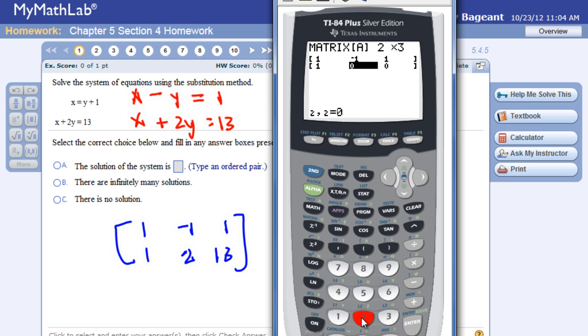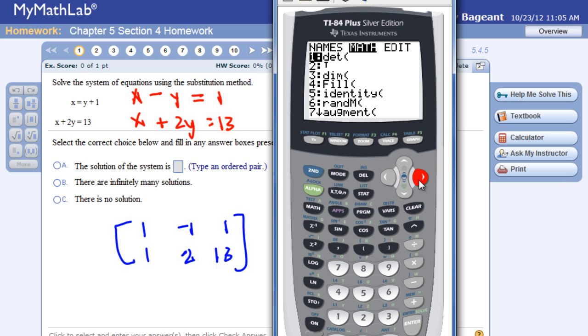Once you're finished entering your matrix, just take a second to look at your matrix and make sure you didn't enter in anything incorrectly. Once you're finished submitting your matrix, press second, quit, second, matrix again, scroll over to this math key here. And rather than scrolling down and searching for RREF, which stands for Reduced Row Echelon Form, we are going to